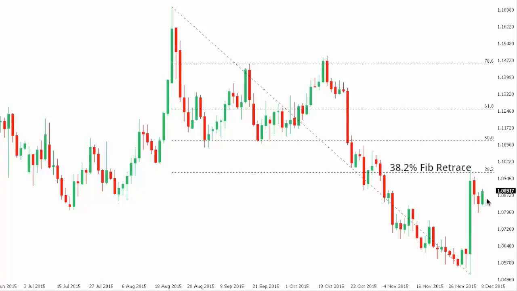At this point, these are the key levels to watch above and below, 110 above and 108 below, with a close on either side to open the door for the next directional move. A close above 110 would open the door for a move towards the 50% retracement off of that August high to December low move, which comes in around the 111 area, while back below the 108 would open the door